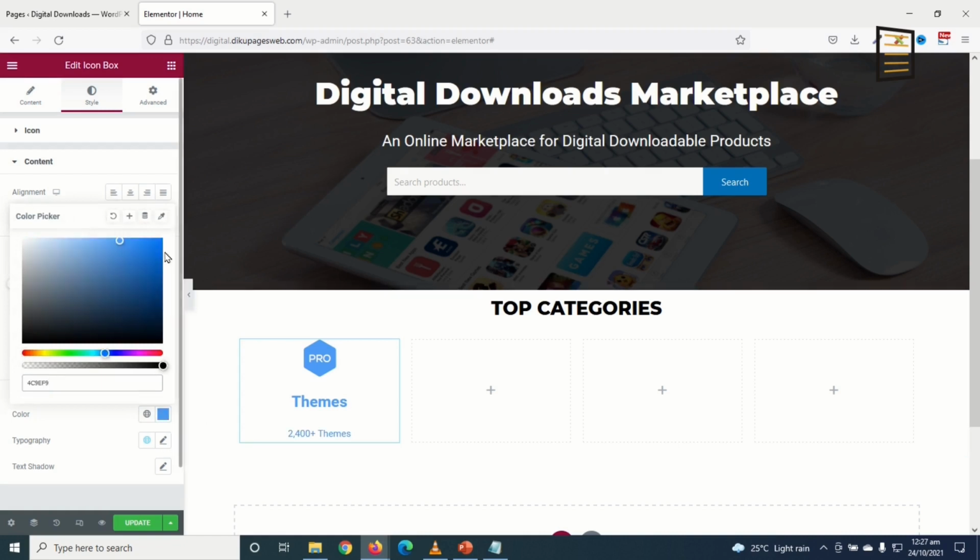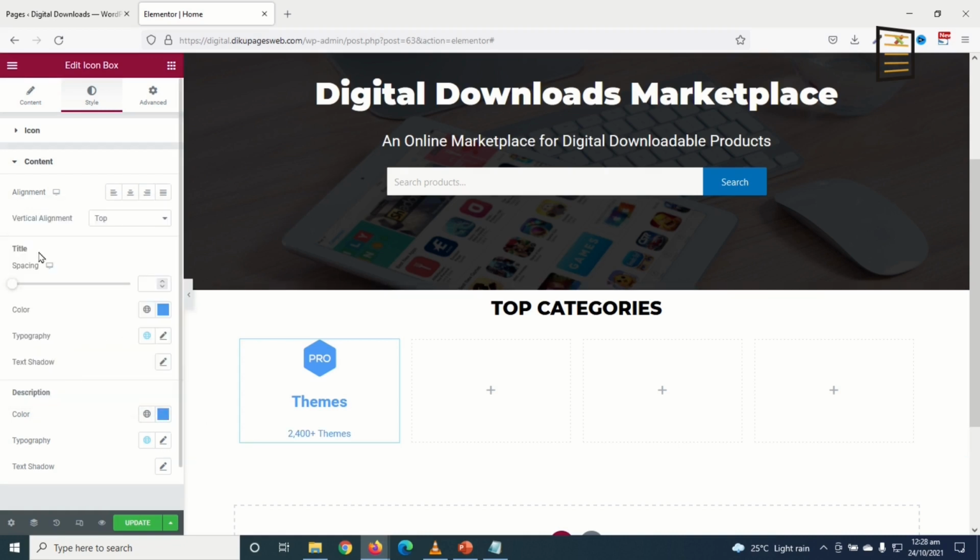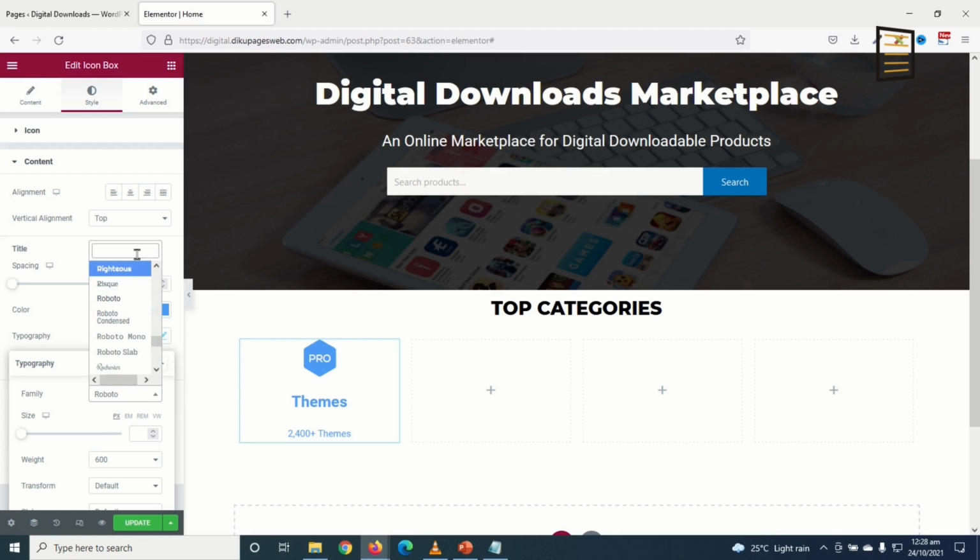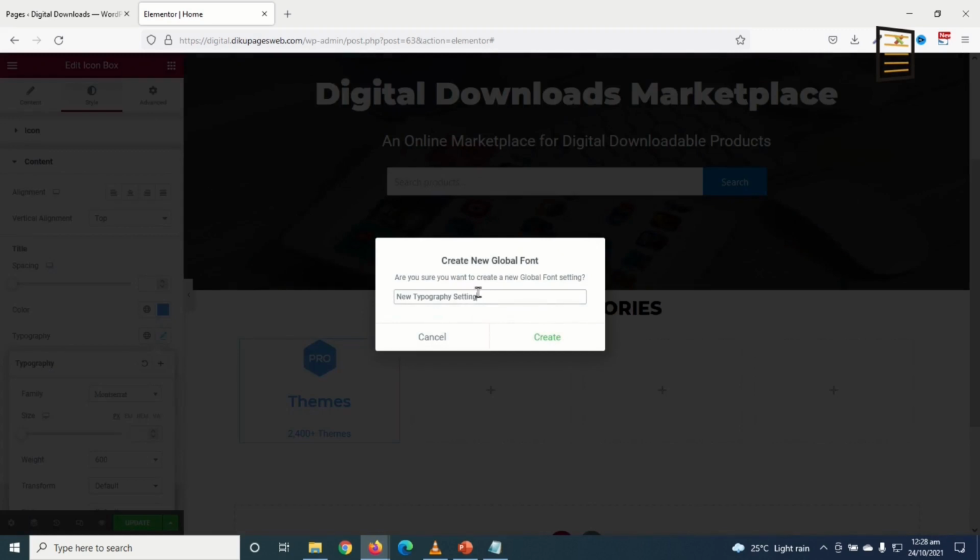Perfect. I also want to change the typography for title and description. So I click on pencil icon for title. I change it to Montserrat. And since I'll be using Montserrat, I can go ahead and add it to my fonts. So I'll just click on this plus icon and I enter Montserrat.